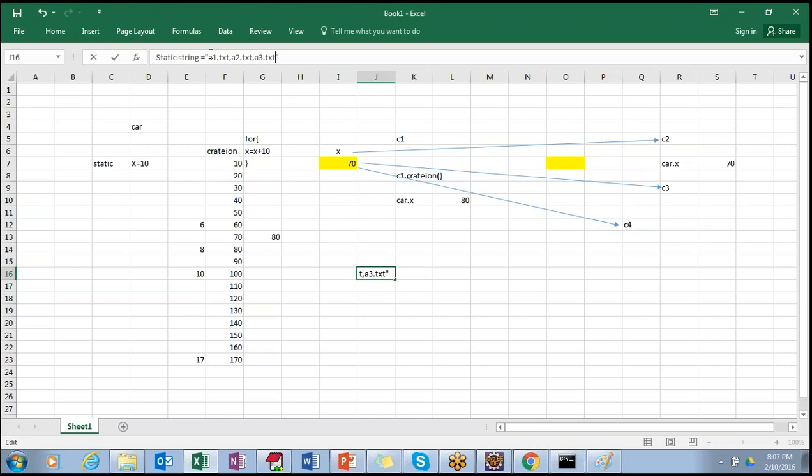So instead of static, we have to use non-static? Yes, that is what I'm saying. Unless it is much needed, you should always try to use non-static variables rather than static variables.